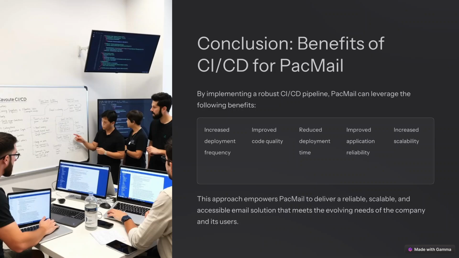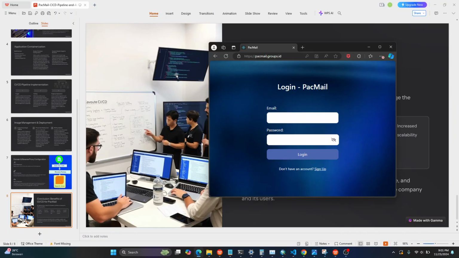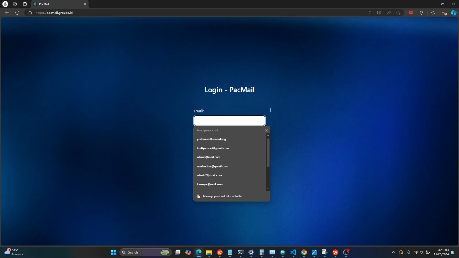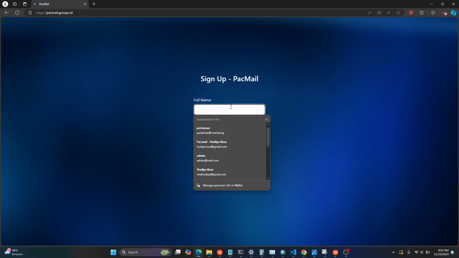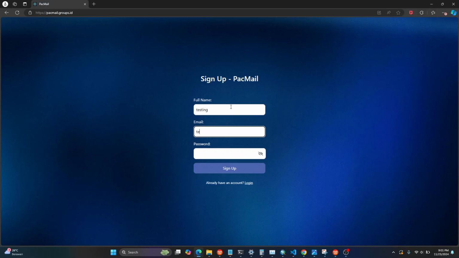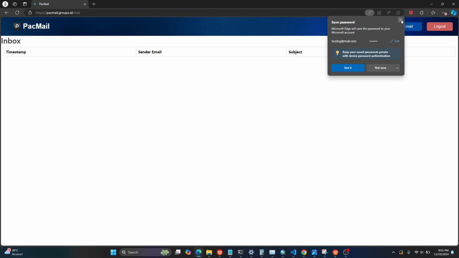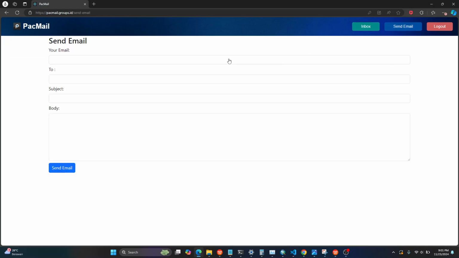Okay, I will demo the application. This is pacmail.groups.id. It should have the HTTPS connection. We can try this by signing up first. So the testing works, and then we can try to send an email.